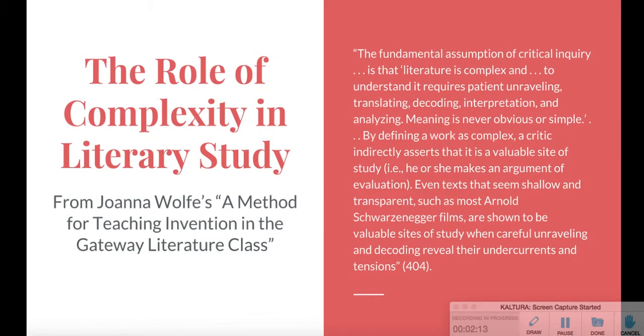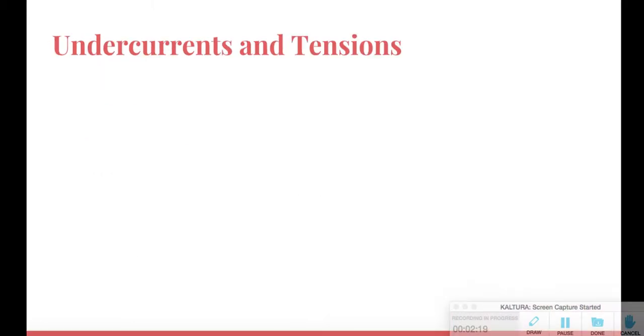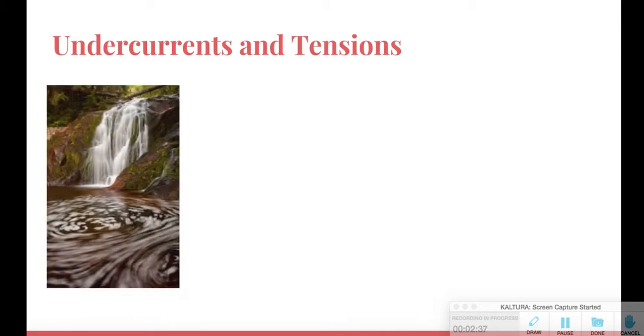This requires some excavation of the text, digging up meanings like an archaeologist digs up cultural relics. The last two metaphors that Wolf uses, undercurrents and tensions, offer us powerful examples of how we can not only understand, but begin to explain in an essay how a work is complex. First, undercurrent. An undercurrent occurs in oceans and rivers when the water below the surface moves in a different direction from the water above the surface. It creates a set of powerful forces that, in some places, pull away from each other, while in others, push powerfully against each other.